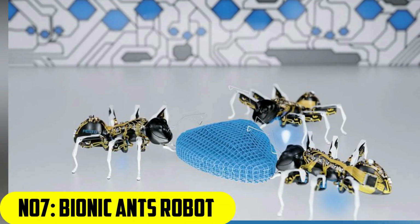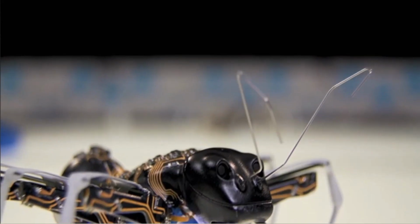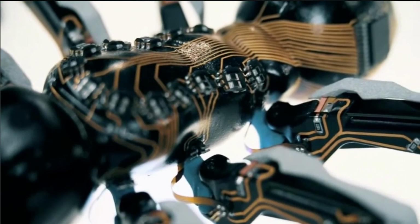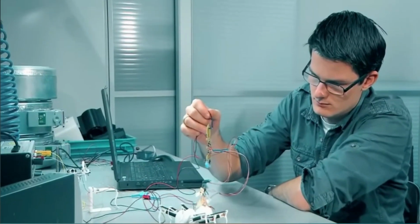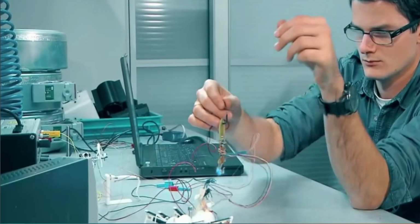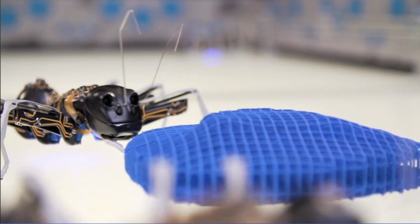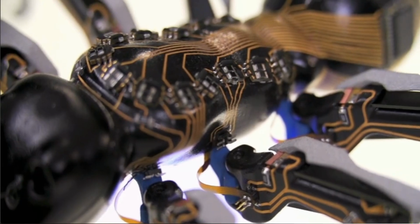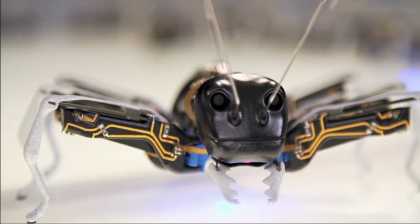Number 7. Bionic Ants Robot. Festo's Bionic Ant Robot was brought to the March conference by Jeff Bezos, CEO of Amazon and organizer of the March 2018 exhibition. Festo has adopted more than just the tiny ant's anatomy as a model. Using sophisticated control algorithms, the creature's cooperative behavior is also for the first time introduced to the outside world. Like their natural counterparts, the bionic ants cooperate under set guidelines, communicate with one another, and plan their actions and